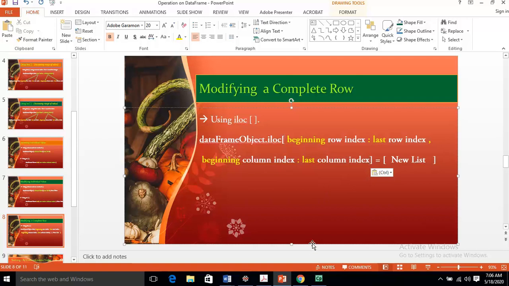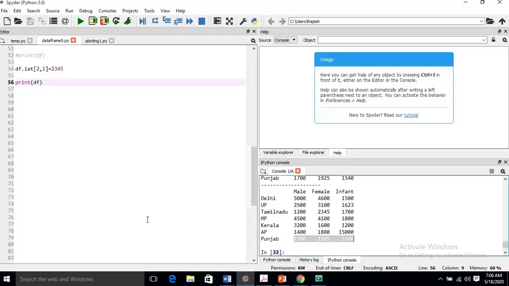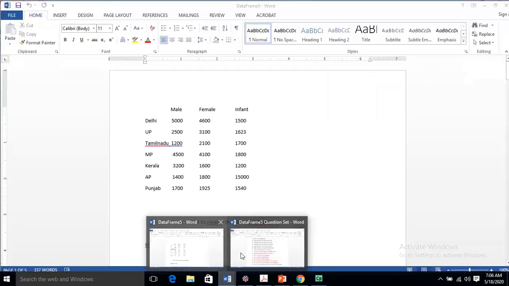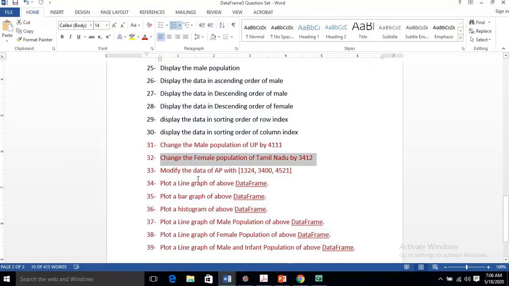Okay, let me solve this using the ILOC method. Our question is to modify the data of AP with this. Okay, now we are going to modify the data of AP.